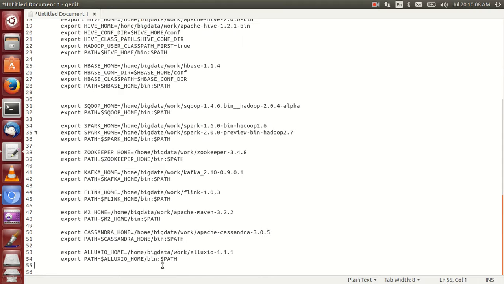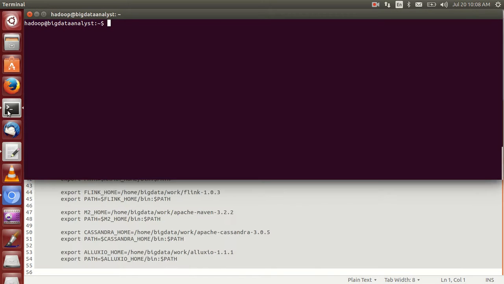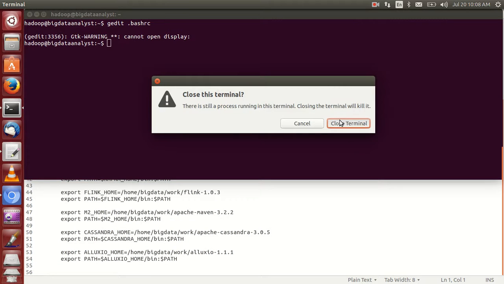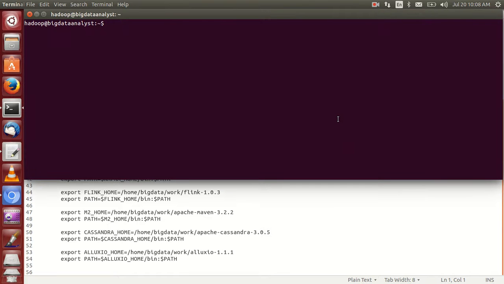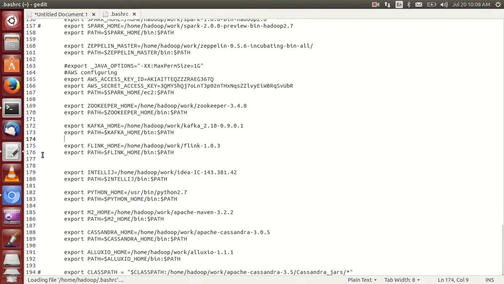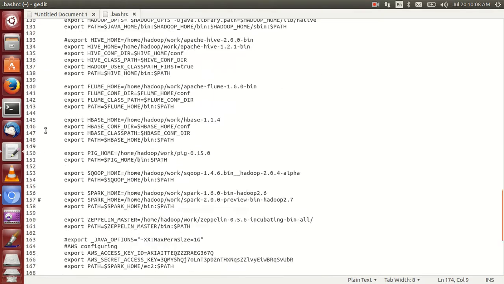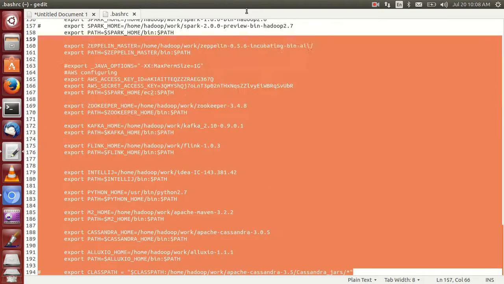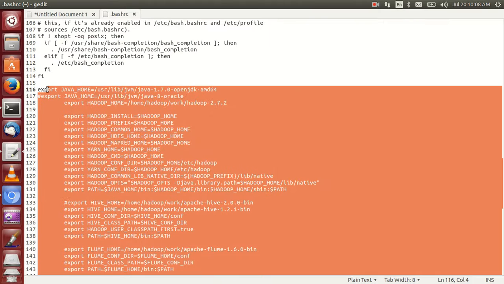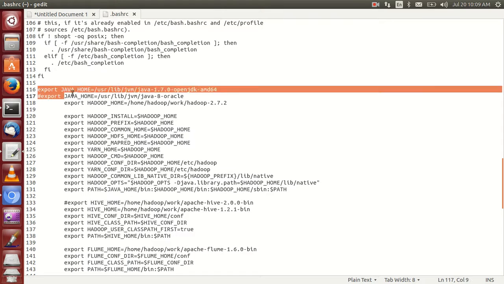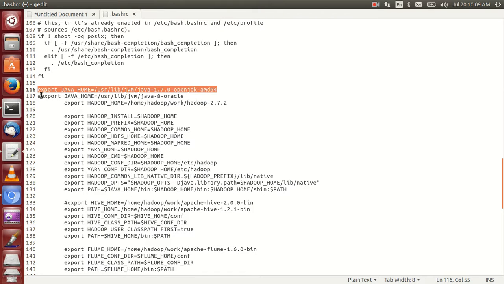Now what next? Simply copy this one, open your terminal and run gedit .bashrc. If you get an error like this, simply restart your terminal and run gedit .bashrc. In the bashrc file, scroll down to the end of the file and paste here. Basically here I have configured 1.7, that's why my Scala version is 1.7, but you have to change this.